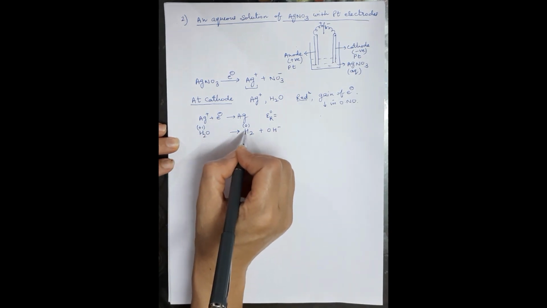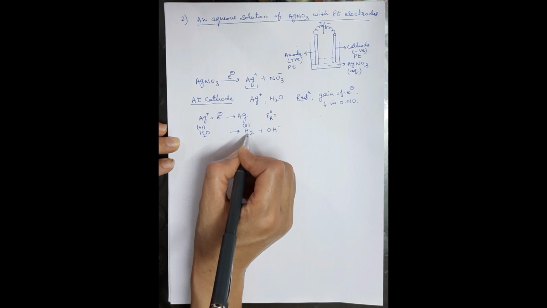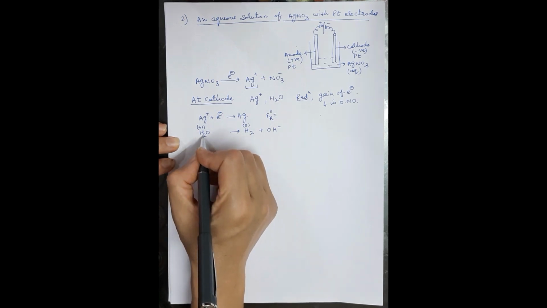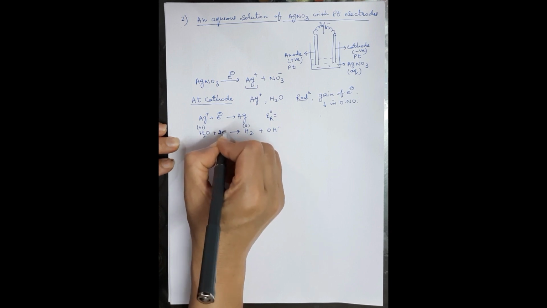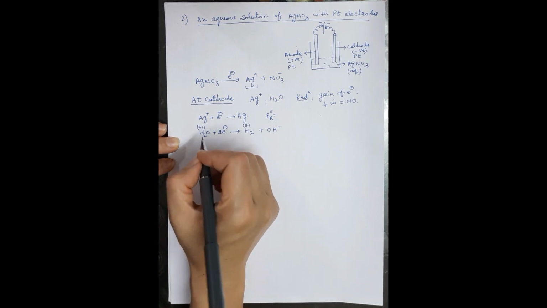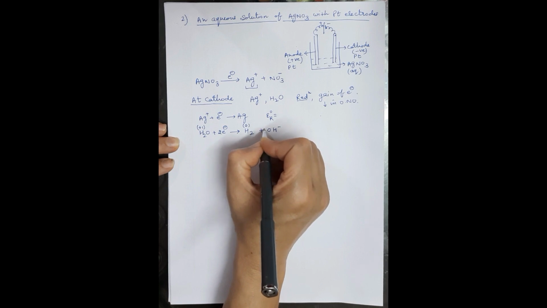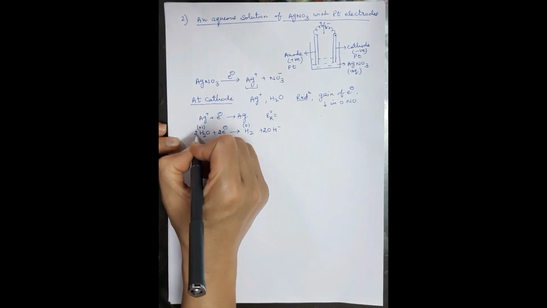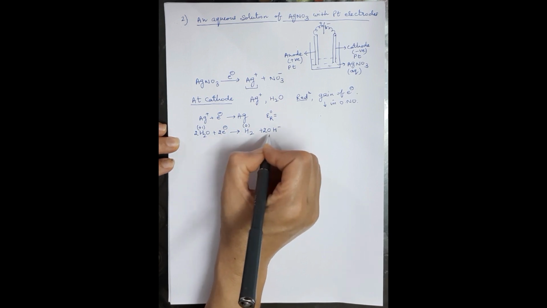It is undergoing reduction. But what is the electron change? There is only one electron change, but there are two hydrogens. When one hydrogen changes from water to H, there is one electron change, but there are two hydrogens changing, so it is 2 electrons. So I'll write down 2 electrons here. And if you balance the equation, there are 2 hydrogens on one side, whereas 3 hydrogens on the other. You write 2 here, 2 here, 4 hydrogen here, 4 hydrogen here, 2 oxygen, 2 oxygen. Now the reaction is balanced.